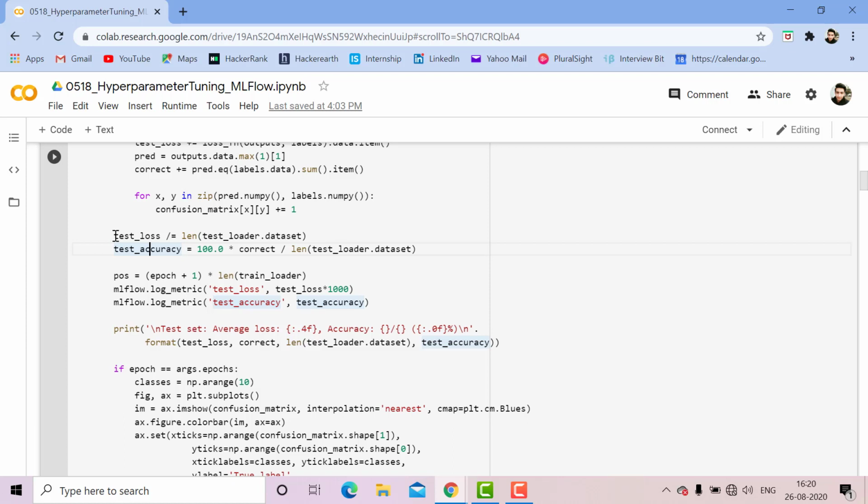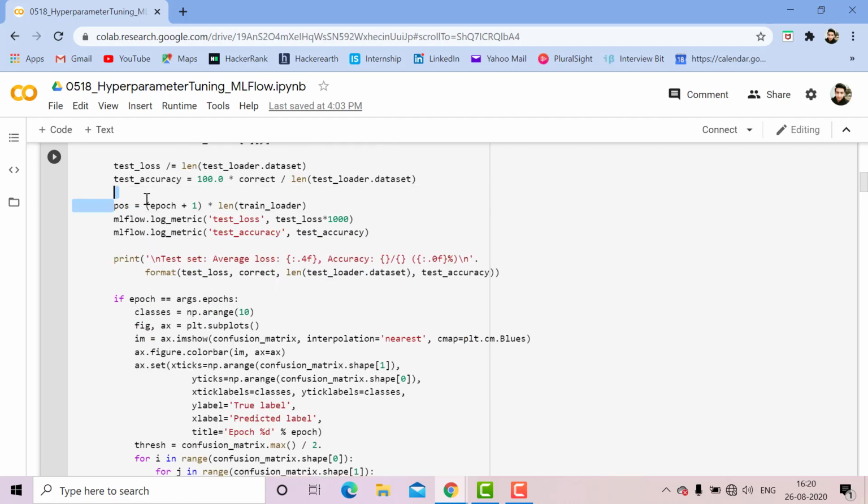Now test_loss is equal to test_loss divided by len function with test_loader.dataset. test_accuracy is equal to 100.0 multiplied with correct divided by len of test_loader.dataset. pos is equal to epoch plus 1 all multiplied with len function with train_loader as parameter.